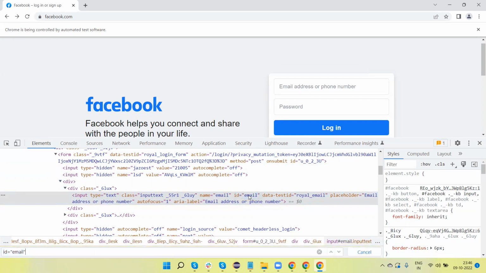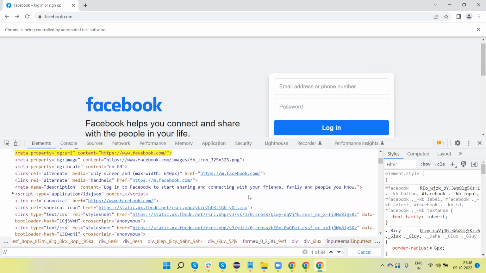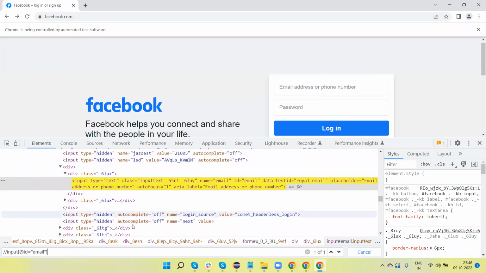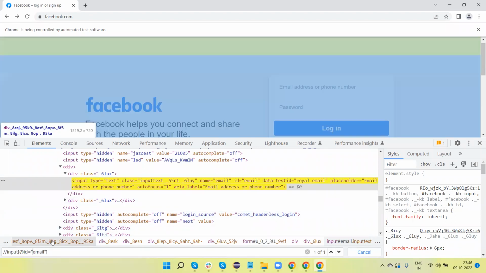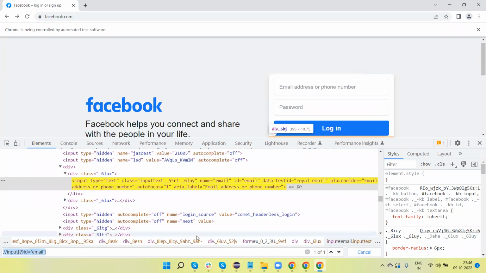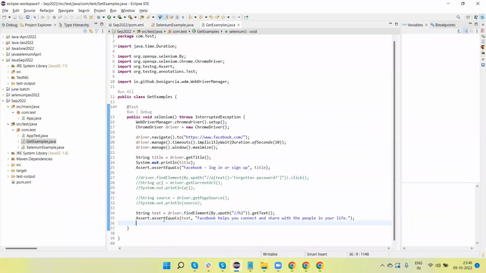So let me create the locator: //input[@id]. Here I am going to use the ID attribute to create the locator of the input field. 1 of 1. Okay, then here we can apply